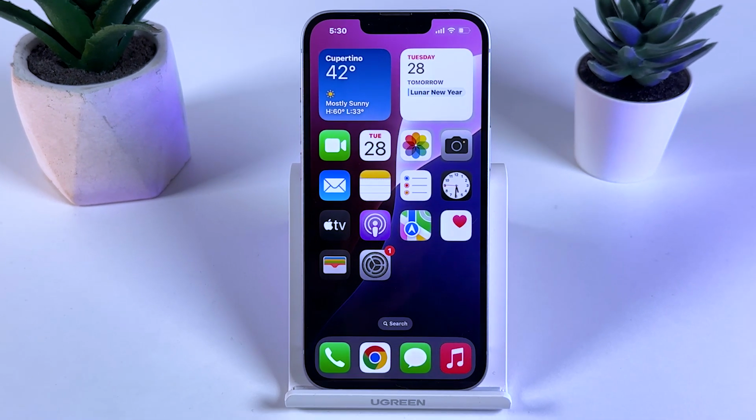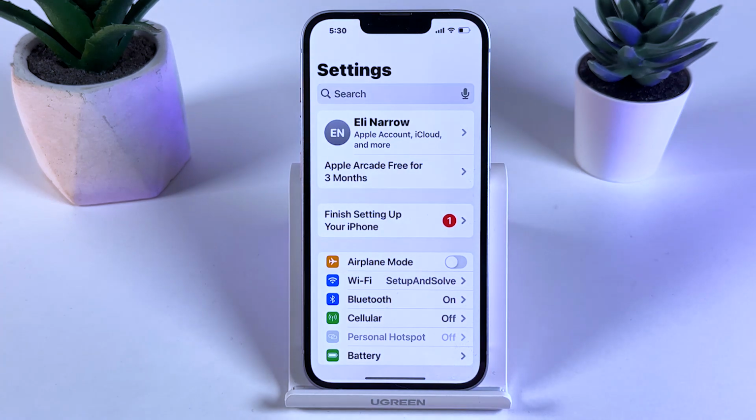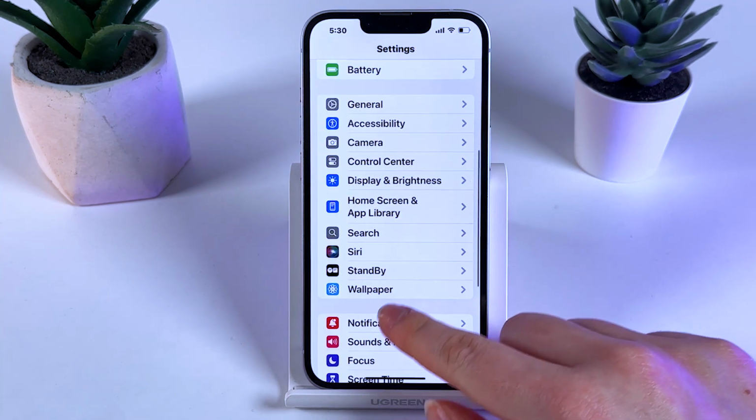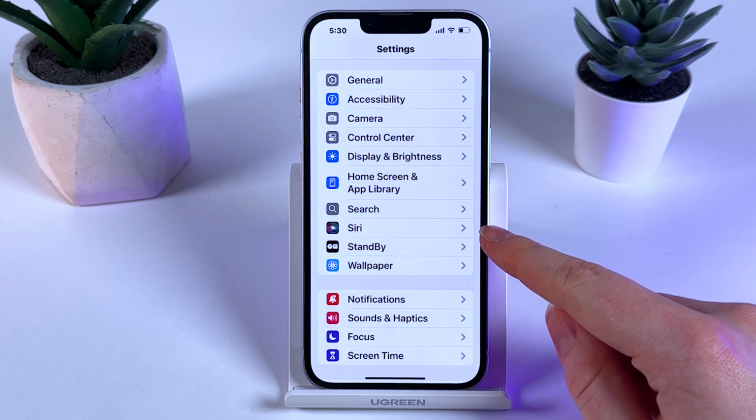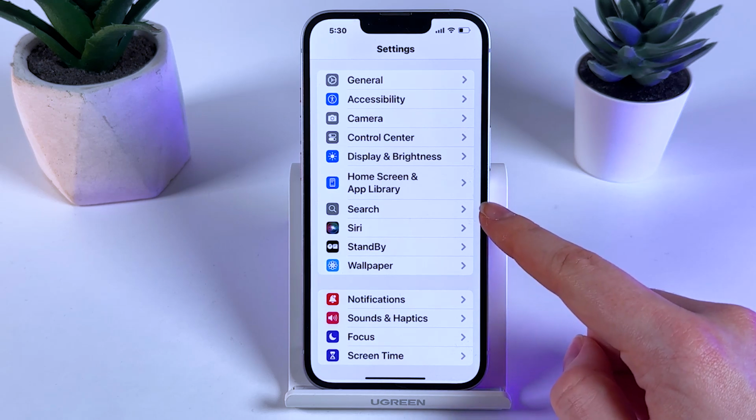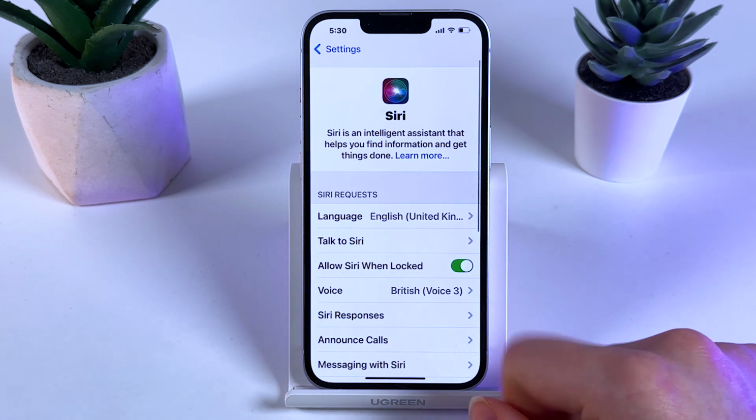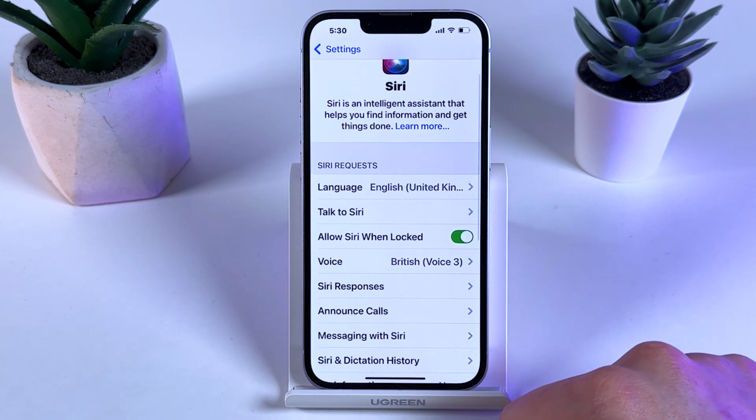So, as a first step, we would need to open Settings on our phone and here scroll down until you'll find this Siri tab. It's right under the Search tab. So we would need to open it, and first step that we are going to take a look at is